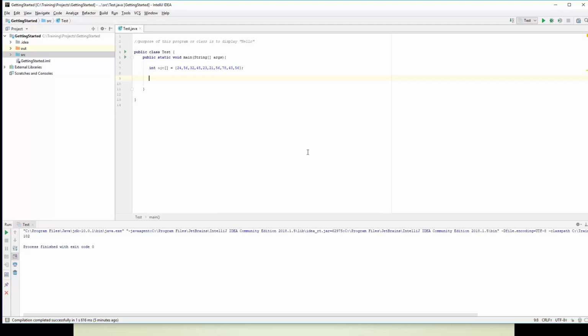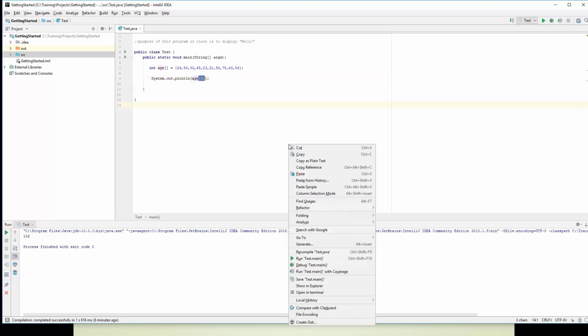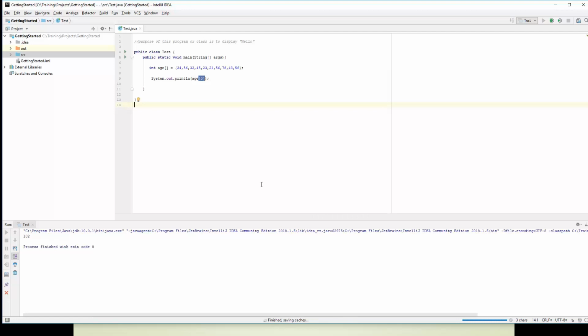So if I want to display the age of the first person, the third person, or the fourth person, I will use the variable age, and in brackets I have to pass the position number, like suppose 0. 0 means the first position. Let's run it. It is showing 24, right? The first position. If I pass 5, that means 0, 1, 2, 3, 4 and 5, this position. So it should display 21,